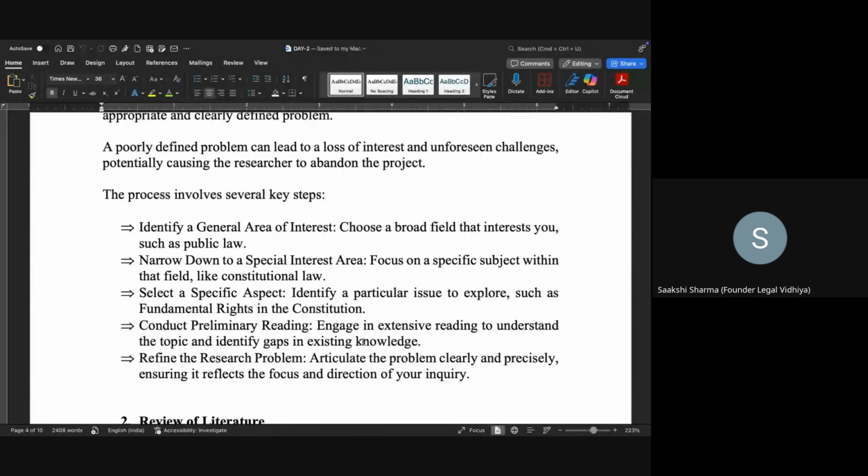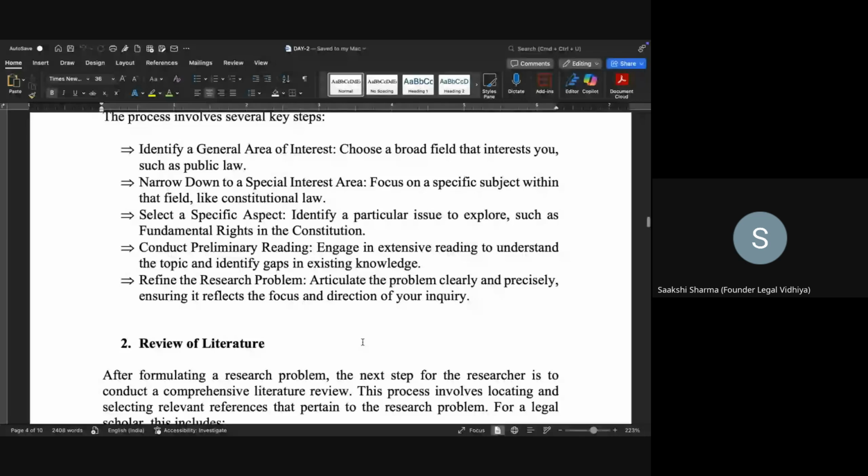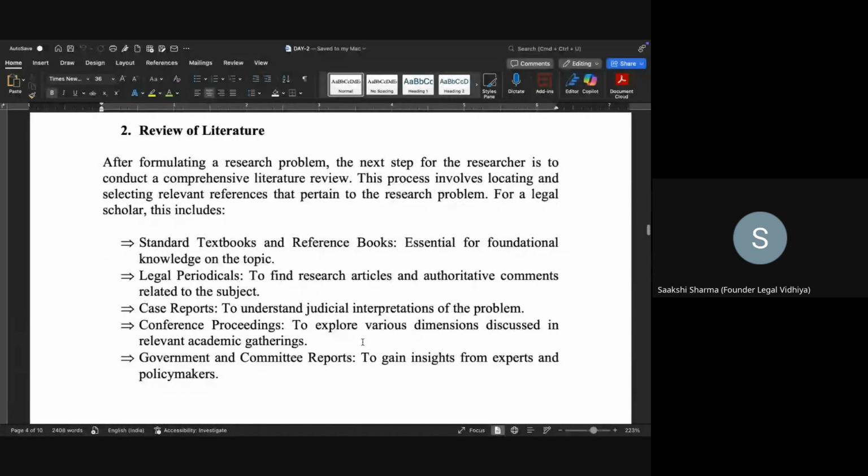Then I'll go and read already existing research papers on rehabilitation of prisoners. I'll see if there are any gaps in the research papers, and if there is any specific topic even within rehabilitation of prisoners that I can work on. And once I figure out my topic, I'll write down that particular topic or research problem. So the first step to writing your research paper is identifying what you want to write about and what problem you'll solve by writing your research paper. Coming to the second topic, that is review of literature.